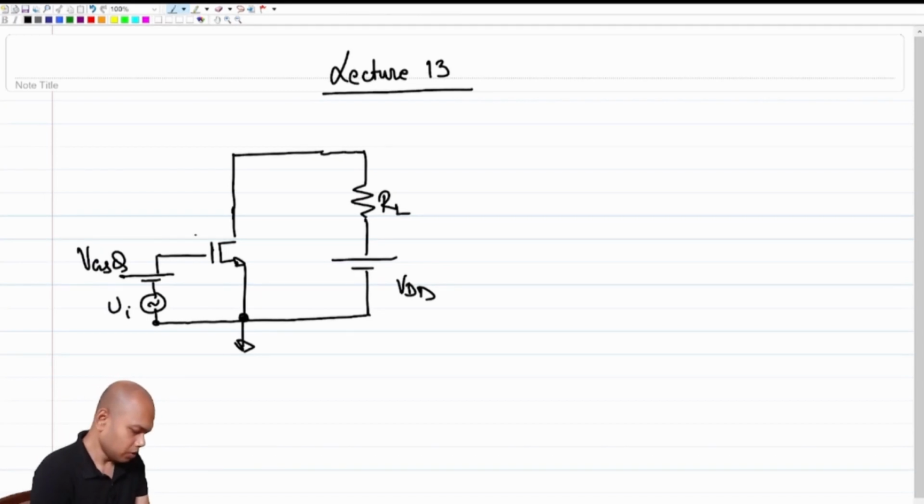So this is the gate, this is the drain, and this is the source. So the input is incrementally, what is the incremental equivalent of this? Incremental equivalent of this structure is